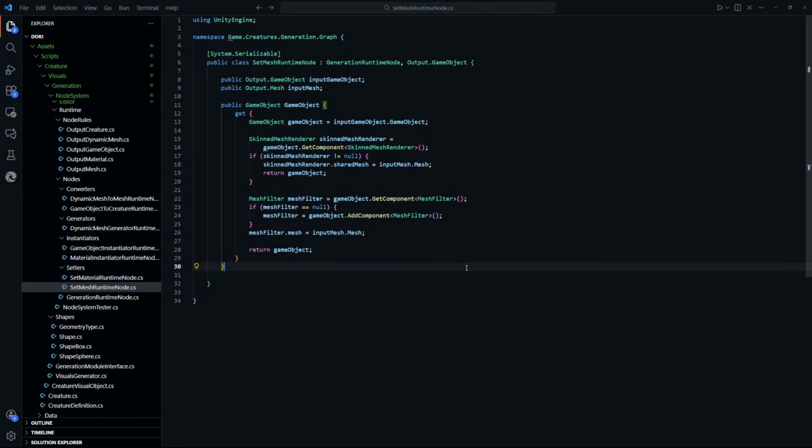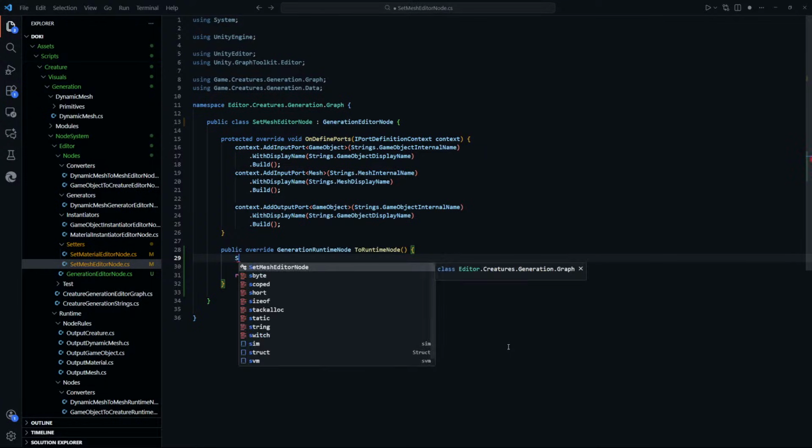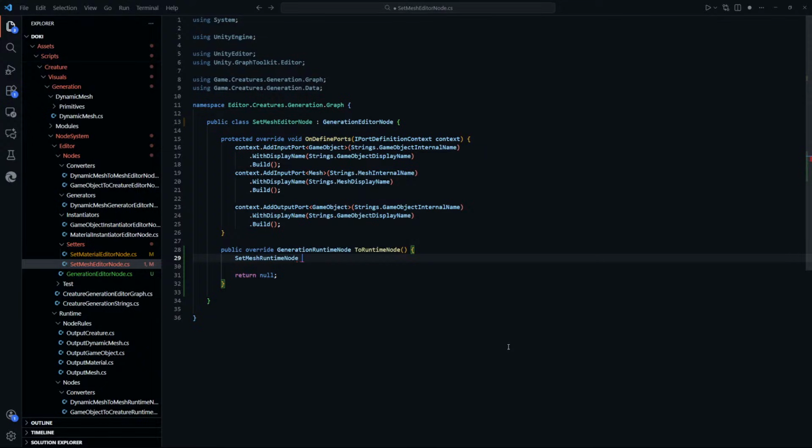Okay. No, I mean, maybe we don't need a constructor in this case. But the idea is that we do SetMeshRuntimeNode. We do it like this, and then we want